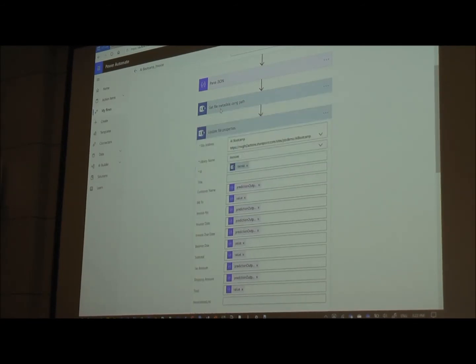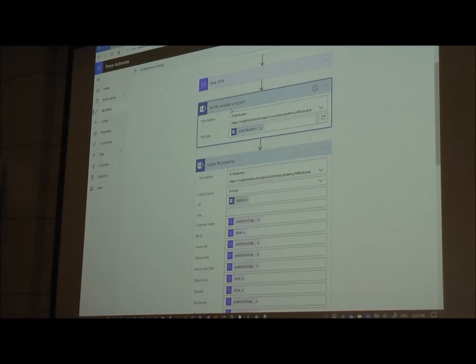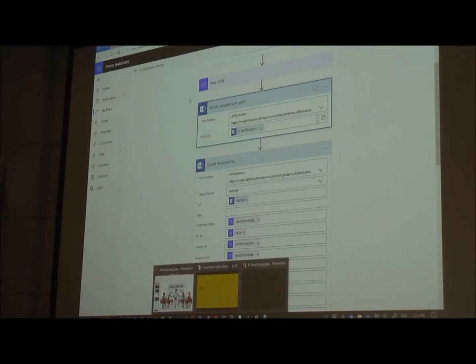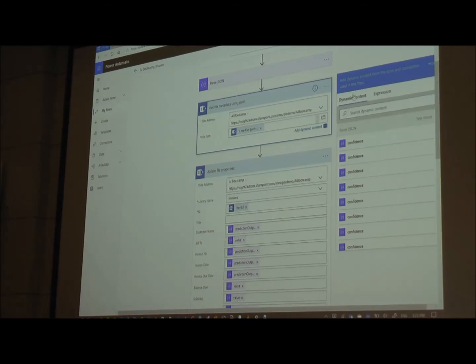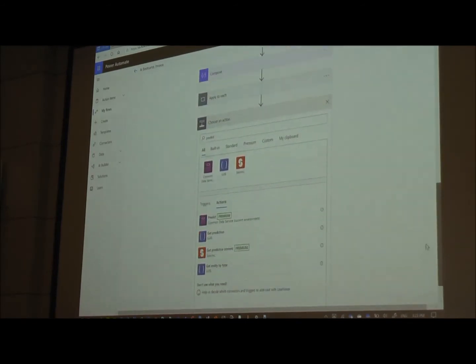First I need to get that property. So in get property, I need to provide the site address again and the file path. Because we already selected the file, that's where the process started. When you added the file, it already knows from where it was added. So all you have to do is select the path, and in dynamic content,